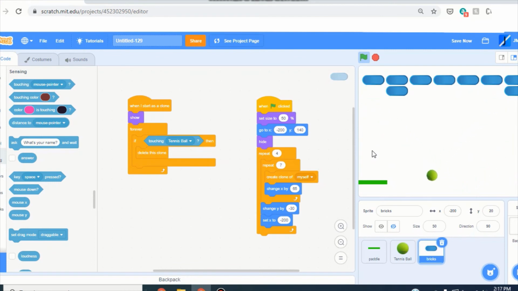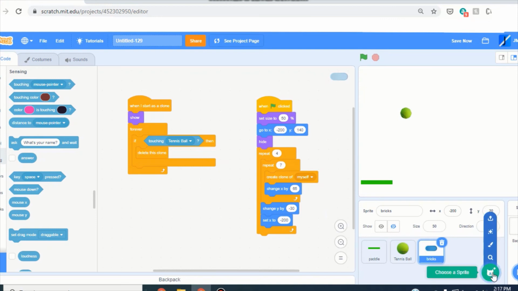Like that. But that's not really what we want, right? So click the red flag, and you notice that the bricks disappear, because clones always disappear when you click on the little stop sign. Then go over to your choose a sprite button here, and go up to paint